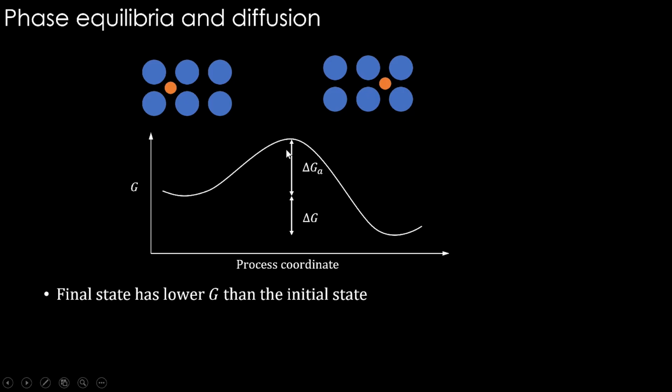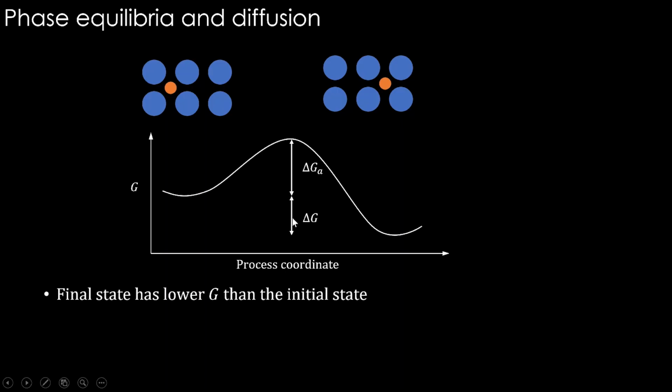This delta G, which we saw earlier, is basically a driving force. Basically, from high Gibbs energy to low Gibbs energy, things are moving. We have seen such extensive thermodynamics, which tells us that this kind of process is highly favored, right? So once this jump happens, the atom will come to a much lower Gibbs energy state. Think of the reversal. If this atom tries to go back to the original location, is that jump possible? It requires even higher activation energy now. This delta G and this delta Ga both become a barrier for an atom to jump from here to here.